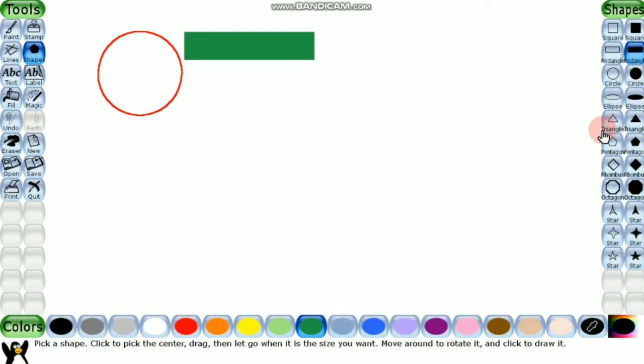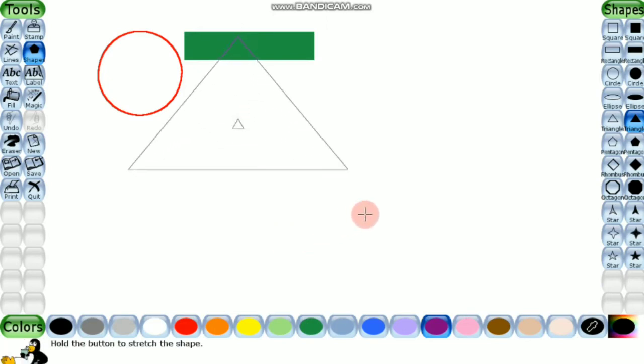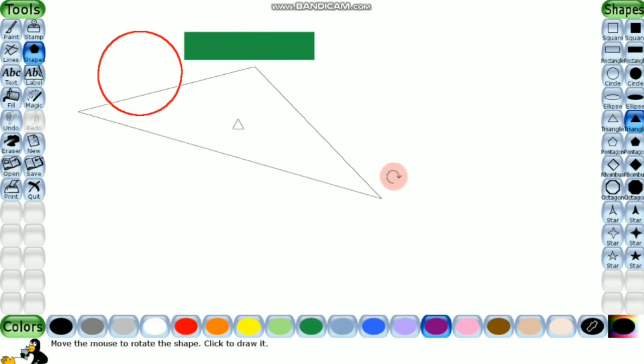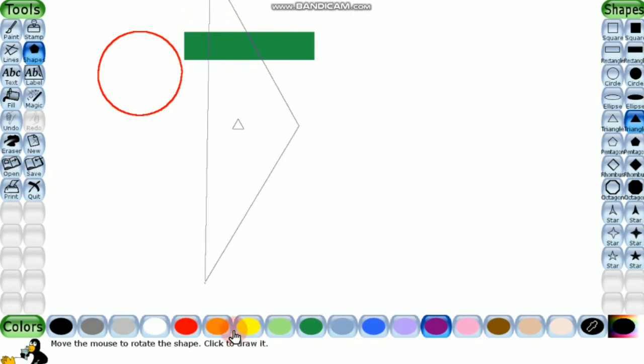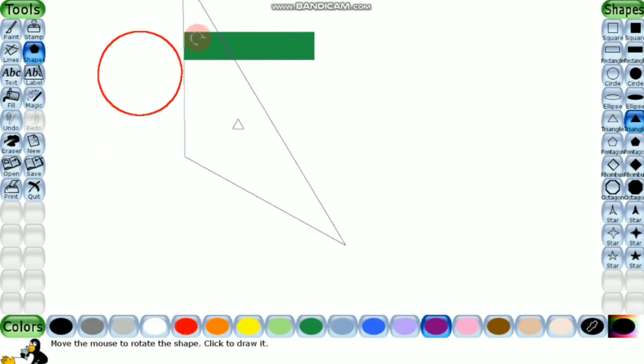Now I will make a triangle. You can make it as big and long as you want. See, I can rotate it to any angle.